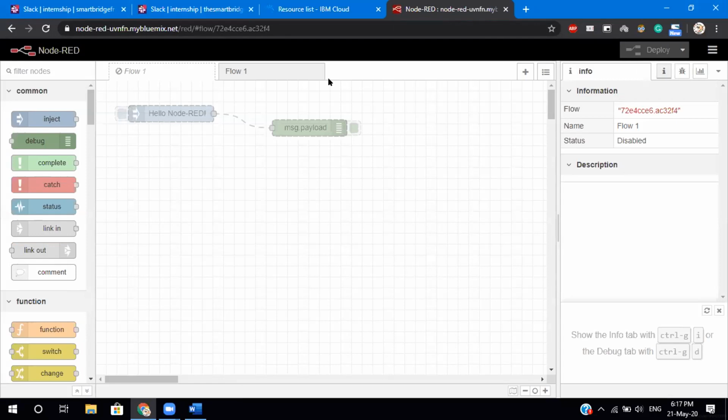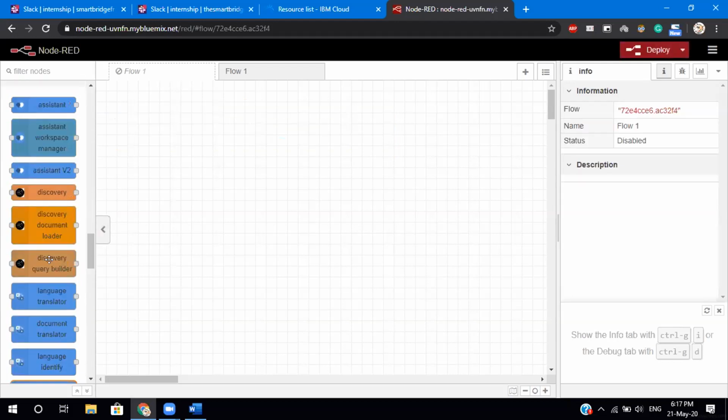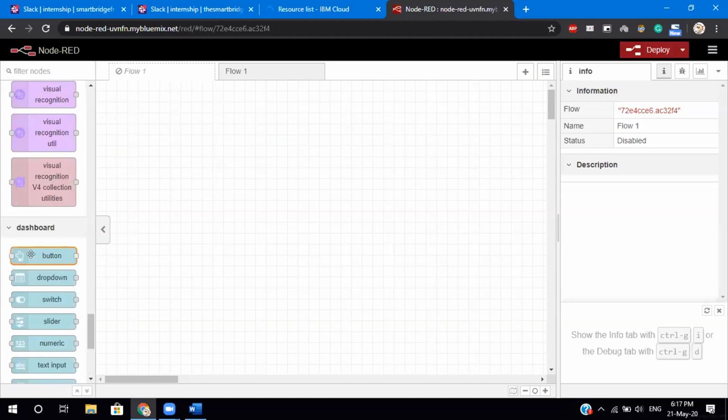Node-RED is a flow editor which lets you test your machine learning services, IoT services, or AI services very easily, and you can also build a web interface very easily with it. So to build a website, I don't even have to use so many things. I can just drag and drop a few things here.